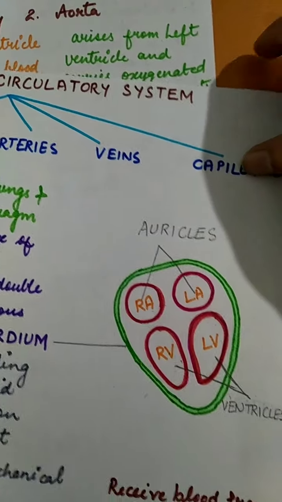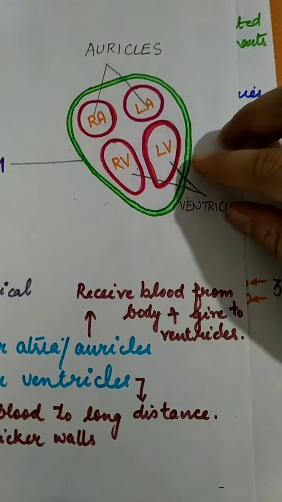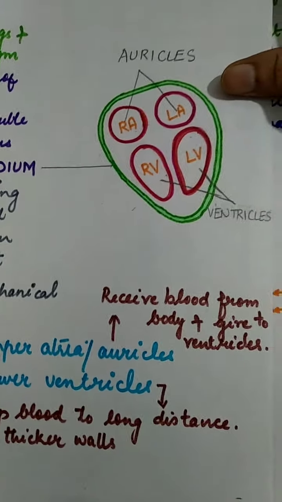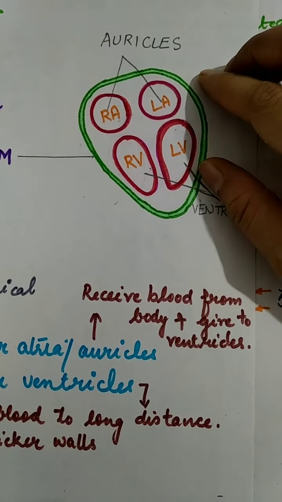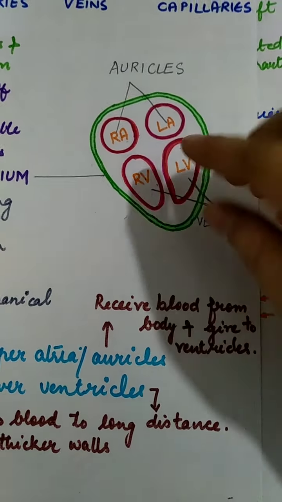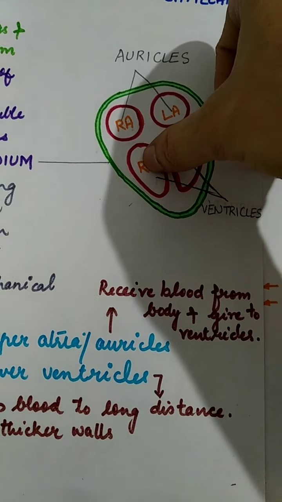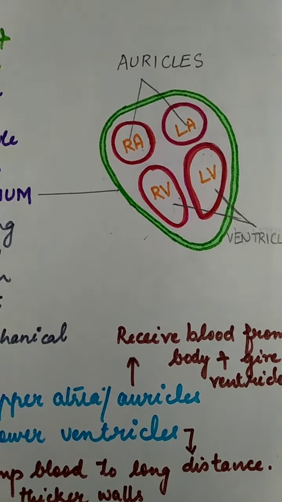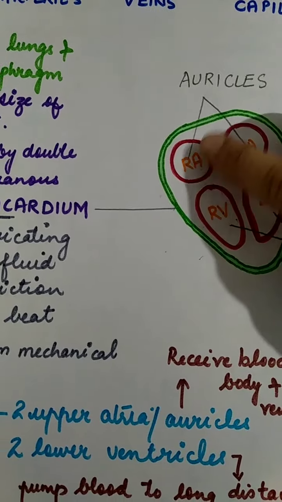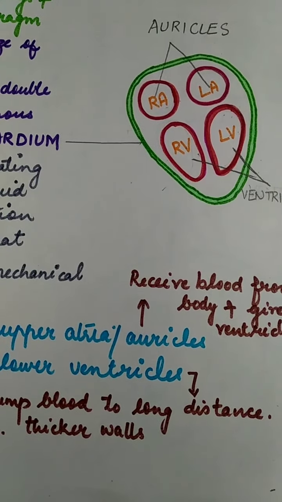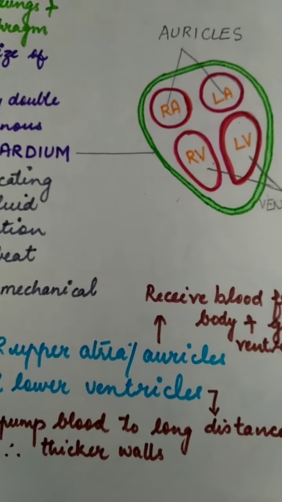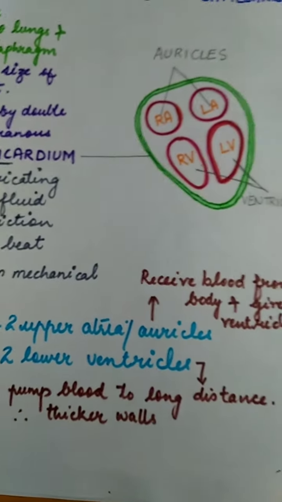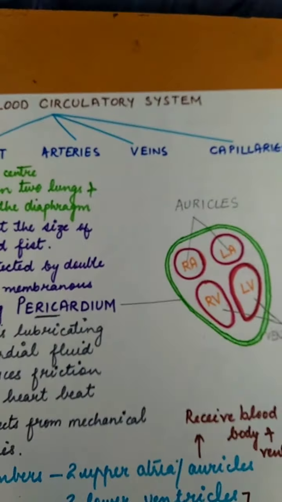One question which generally comes in your examination is why the walls of the ventricles are thicker compared to the auricles. The answer is that the auricles just have to receive the blood from the body and then pass it to the ventricles, which are placed very near to the auricles. So they are not doing any powerful, energy related work, and their walls are thinner. But the ventricles have to pump the blood to a much longer distance. That is why their walls are much more muscular and thicker. So this is about the chambers of the heart.